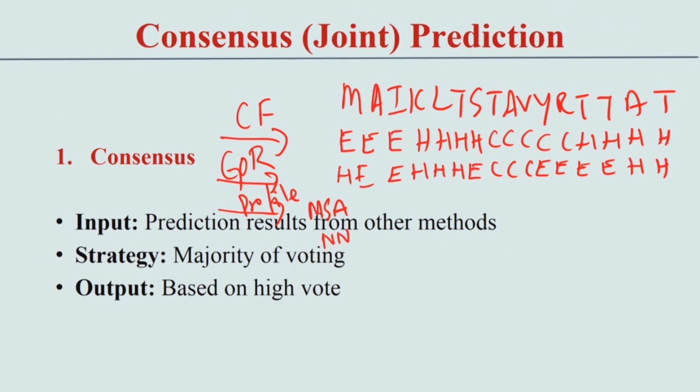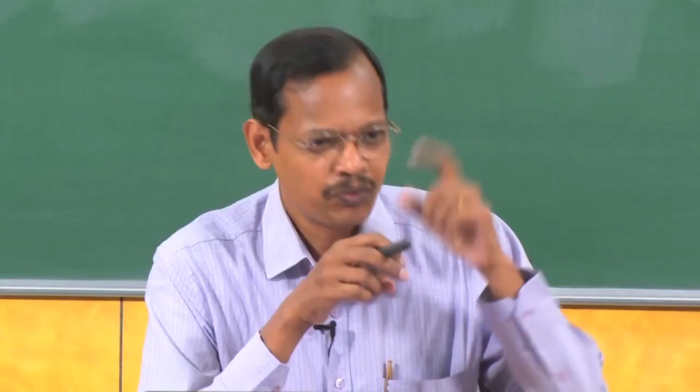Then compare these values, for example this region. If all methods predict helix, or by majority voting, for example if you have 11 methods and 8 methods predict a particular structure like helix or strand,